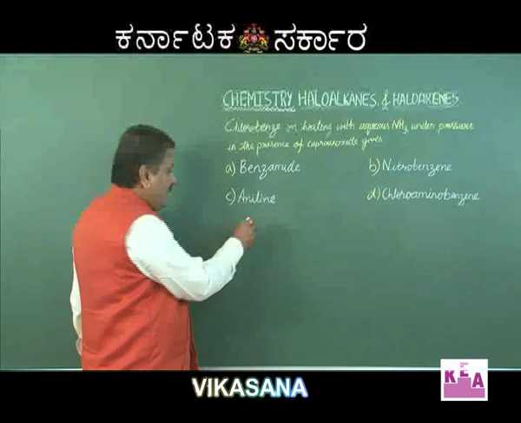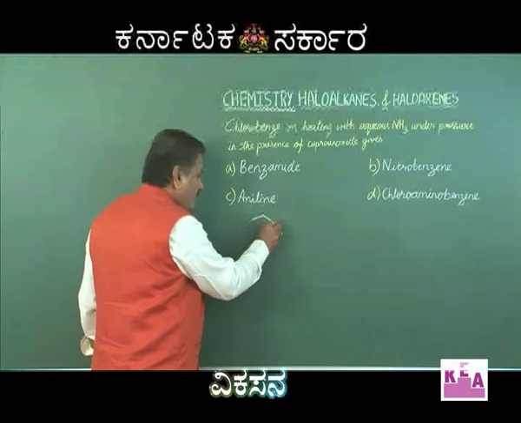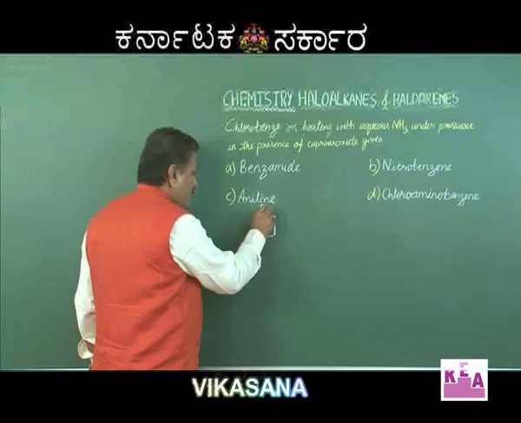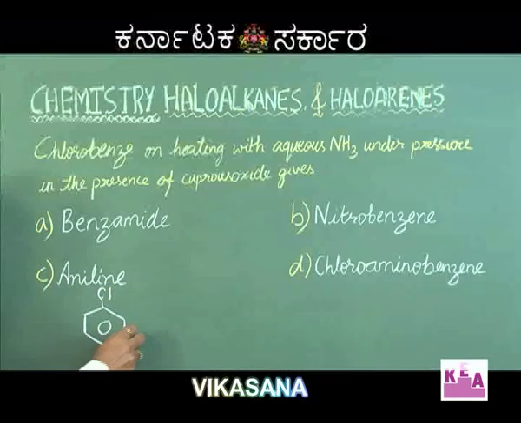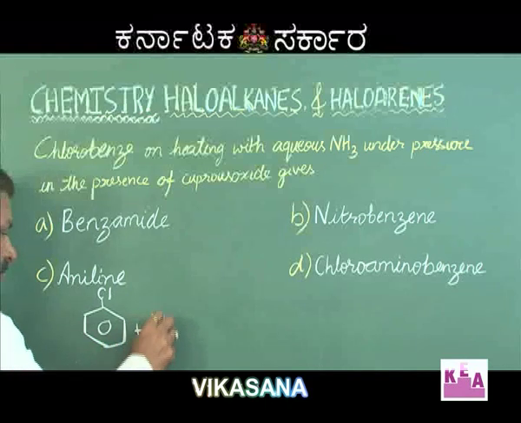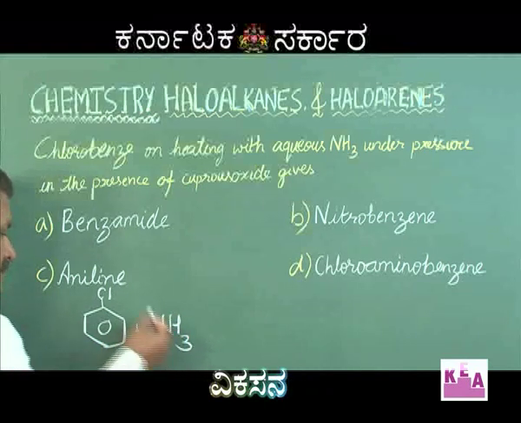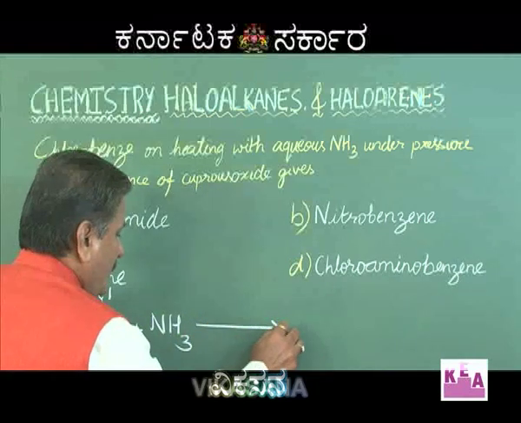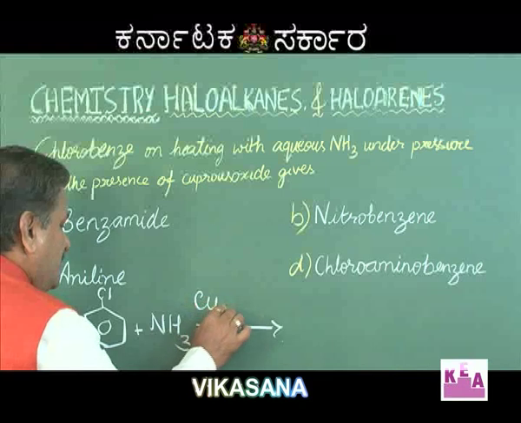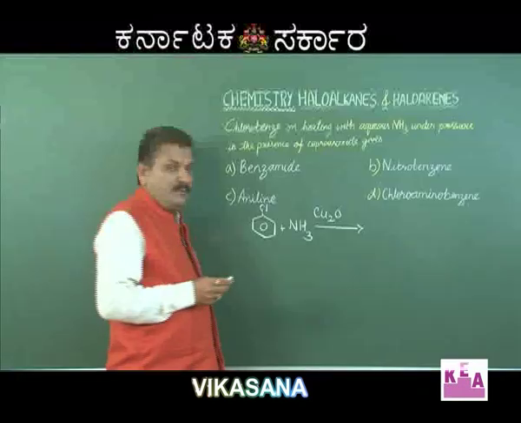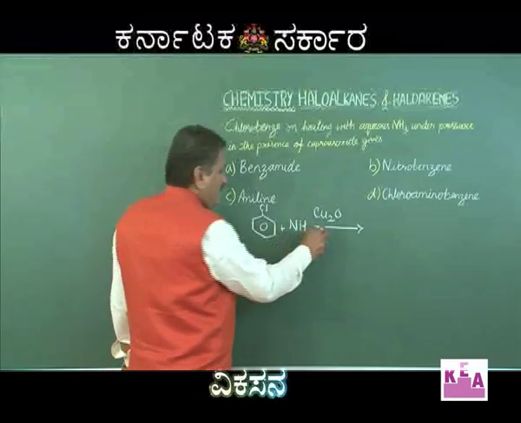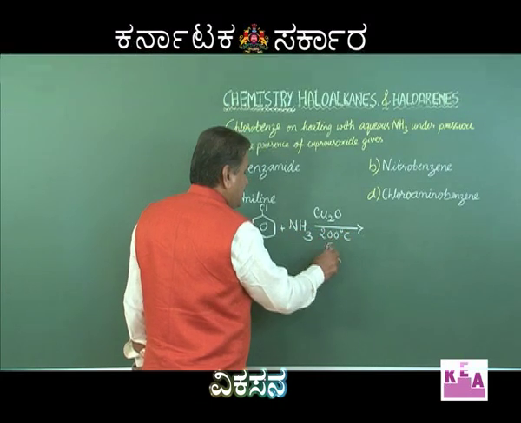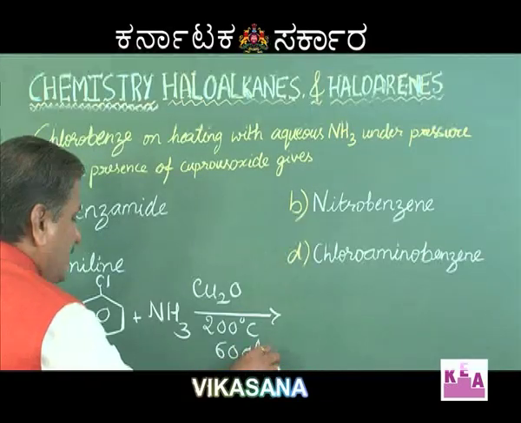So, when chlorobenzene is heated with ammonia in presence of cuprous oxide catalyst at 200 degrees Celsius under 60 atmospheric pressure,